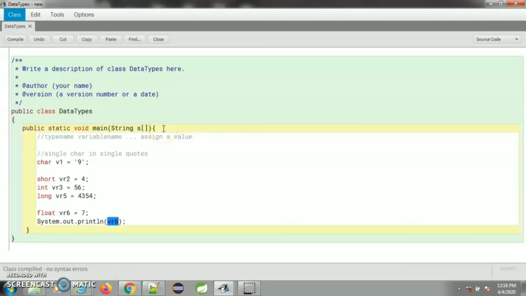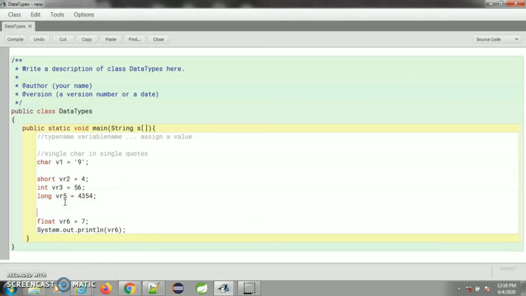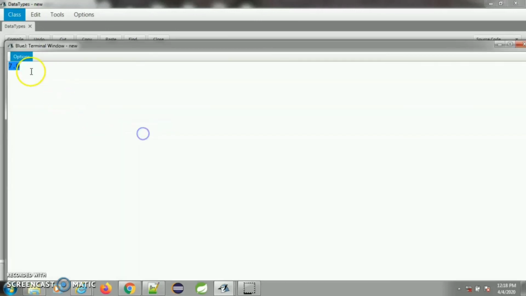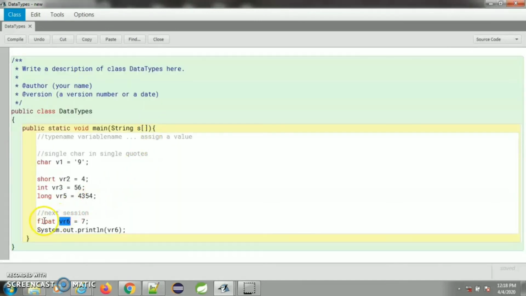Okay, but our only takeaway from this session is that we will have to check later how to assign a direct literal value to a float variable. Okay, so this will be in the next session. But just remember, whenever you are assigning a value to float and you are printing it, it is actually getting stored as a decimal in this variable, and we can verify by printing it to the output. We can see 7.0. So as I have said, it is used for storing decimal values, and even if you assign 7 to it, it will actually hold it as 7.0, which we can verify by printing in the output.